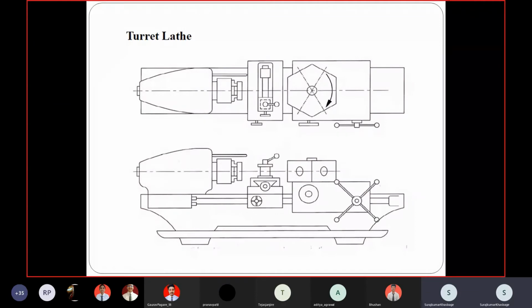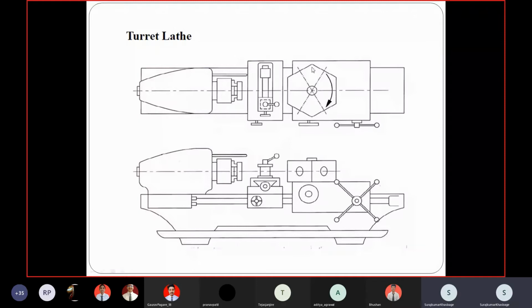Suppose you want to make a hole in a shaft, and suppose the shaft has a diameter of 80 mm and you have to make a hole of 50 mm within that 80 mm shaft at the center. Okay, so you cannot directly make a 50 mm hole. First you have to make a small hole of 5 mm, then you have to go on increasing the step: 5 mm, 10 mm, then 20 mm, then 30 mm, then 40 and then 50 mm. So stepwise drilling can be performed with the help of this hexagonal turret.